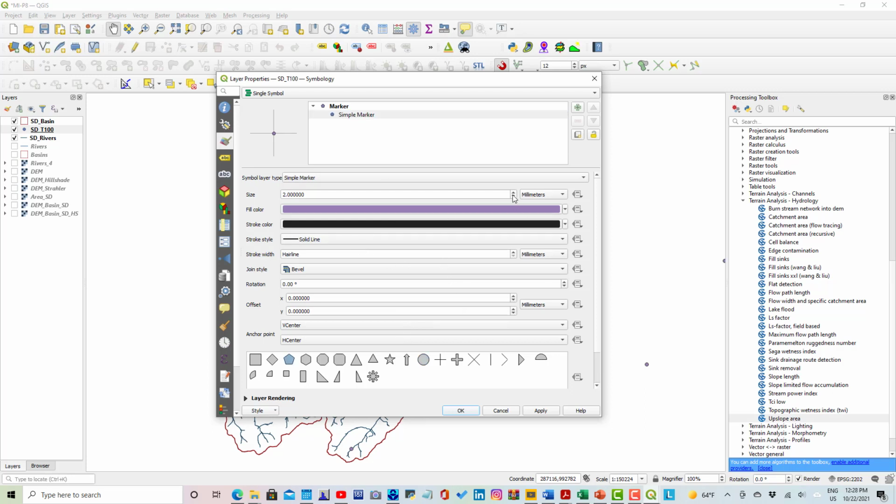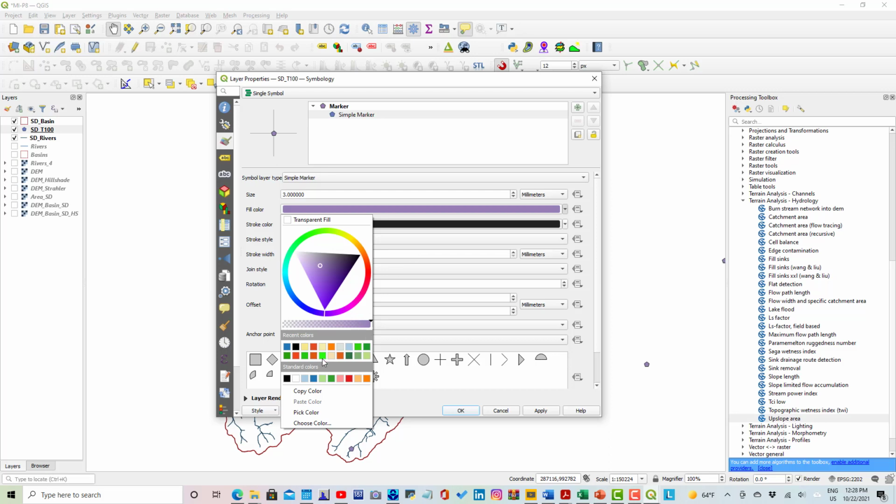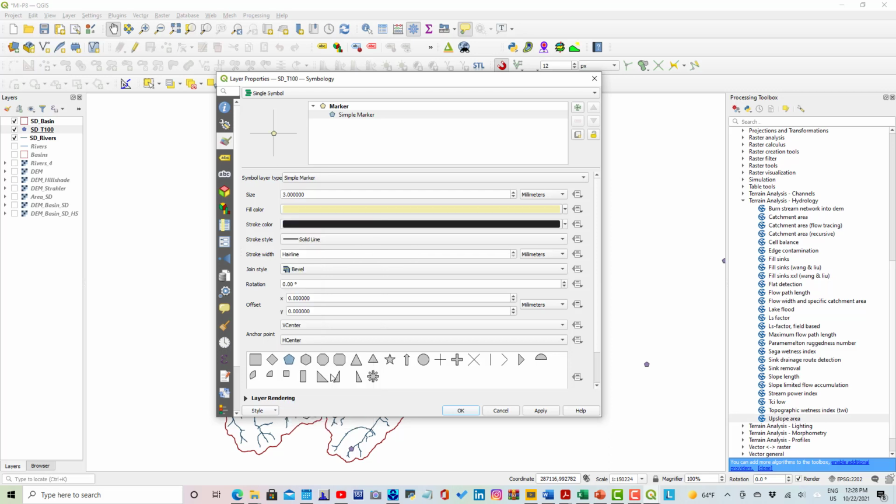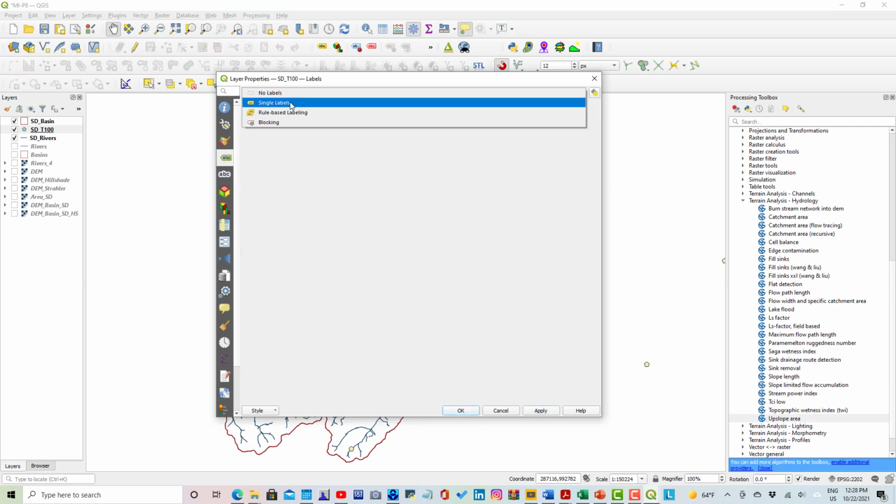Their marker and then increase. Let's increase the size. Apply. Change the color. Let's use this color right here. Apply. And on the other hand, we need to look for this